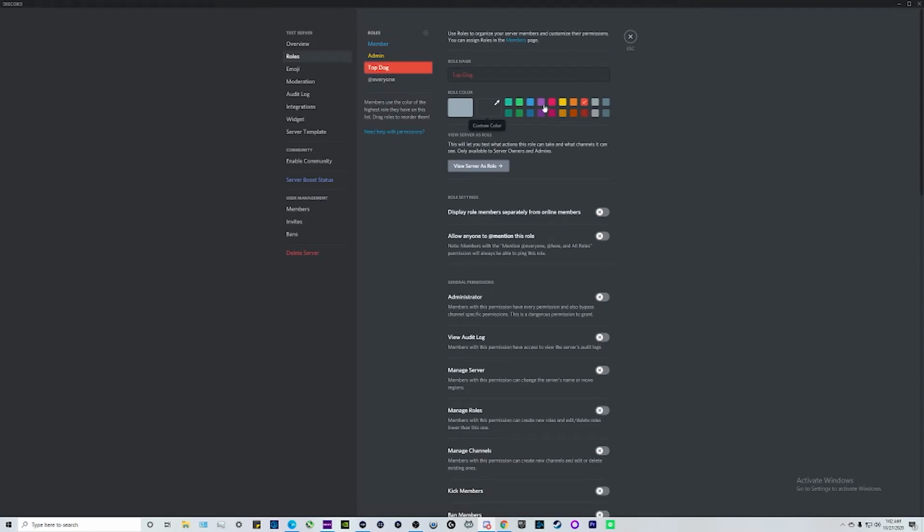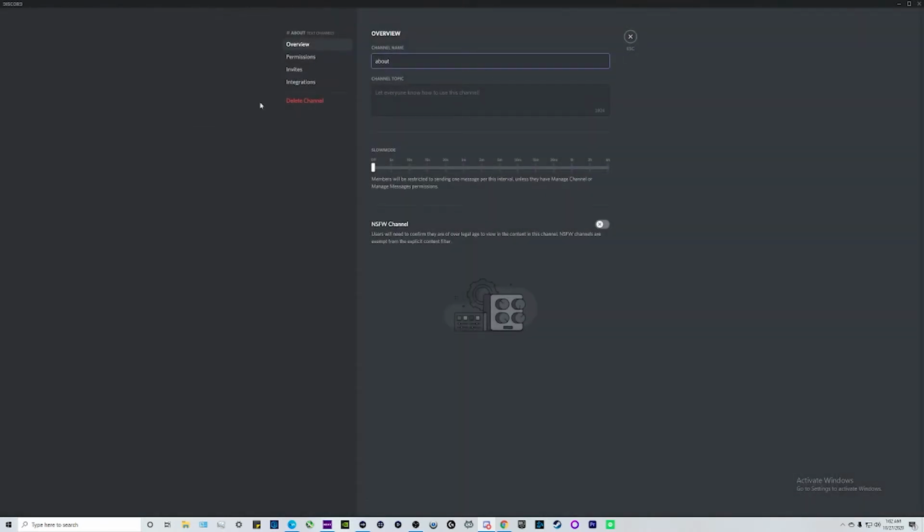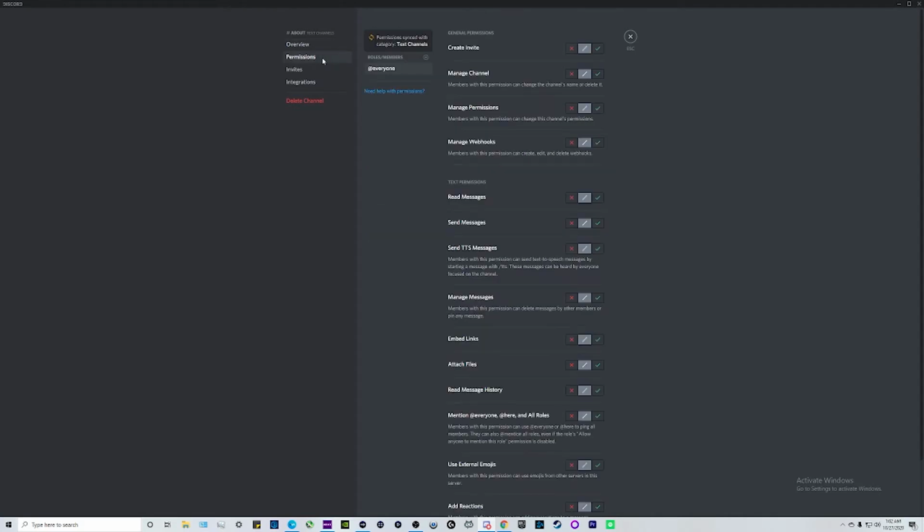Now, before we mess with any of the role settings here, we're going to click escape. We're going to go back to messing around with this text channel real quick. So right click it again and click on edit channel. Then we're going back to the permissions tab, and we're going to add a new role, and we're going to set it for member.